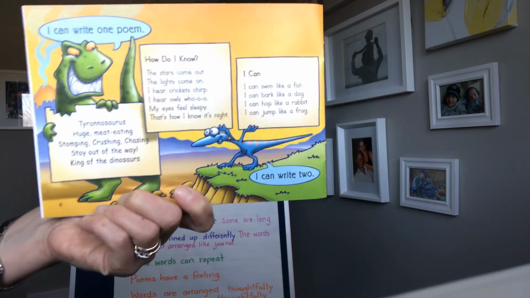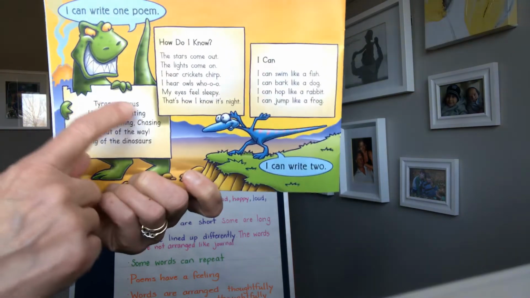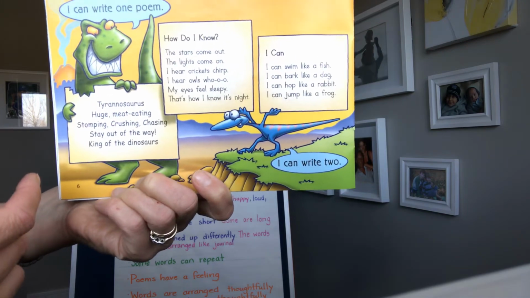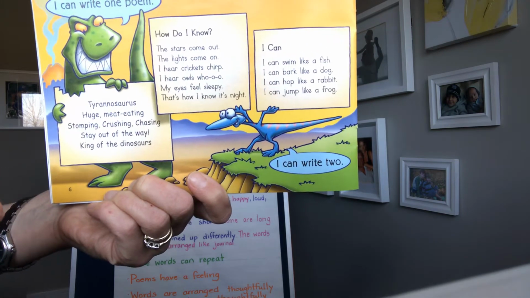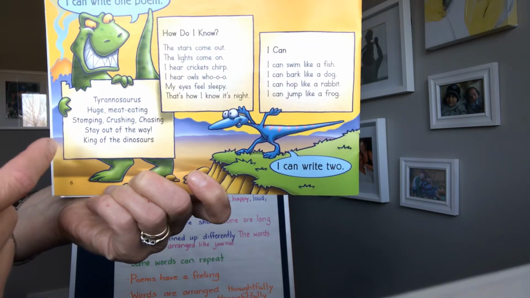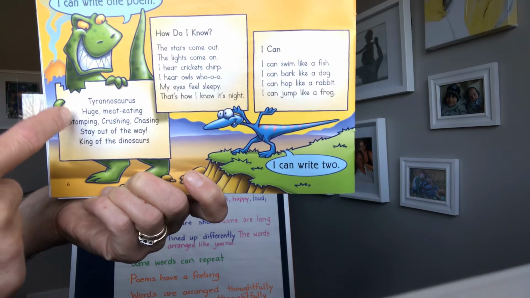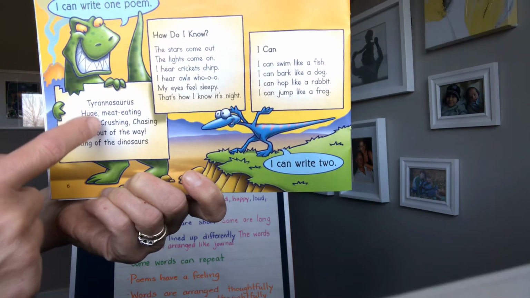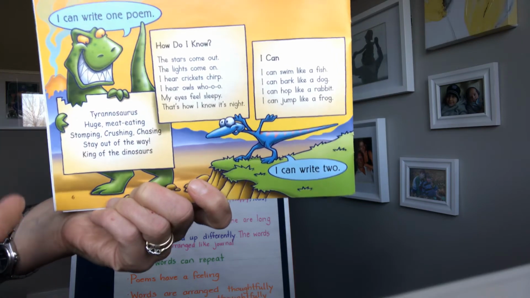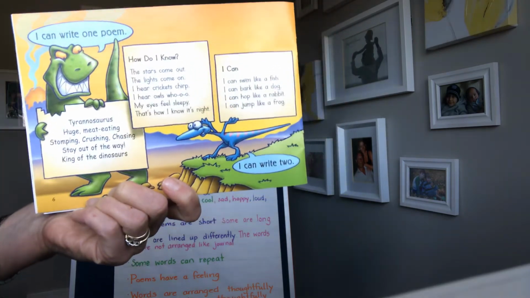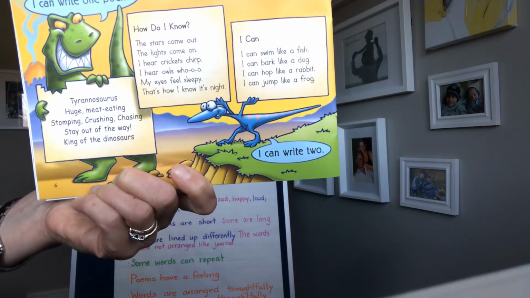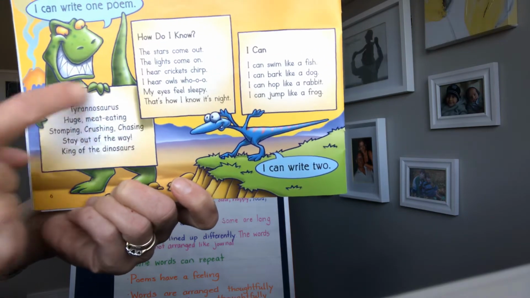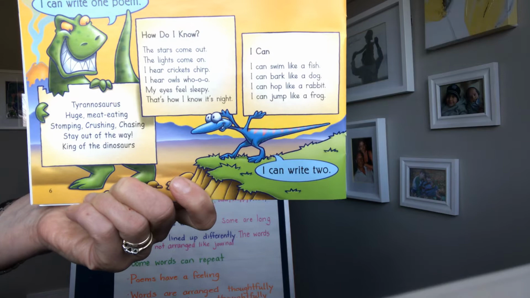So this is kind of like an all about dinosaurs poem, but instead of using sentences, they just use key words. If this was a journal, or an all about me book, or all about Tyrannosaurus book, it would say, Tyrannosauruses are huge. They are meat eaters. They can stomp and crush and chase their enemy. But instead of putting all those joiner words to make long sentences, they just took the really important words that they knew about the dinosaur and arranged them into a poem. You could easily challenge yourself to do that kind of poem.